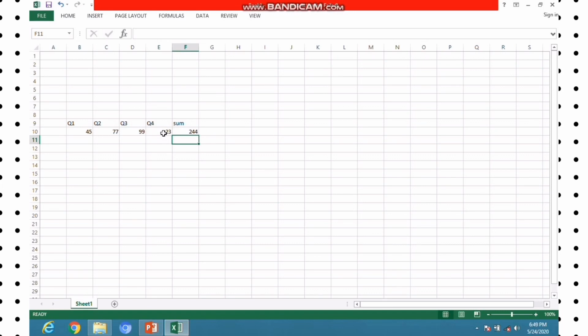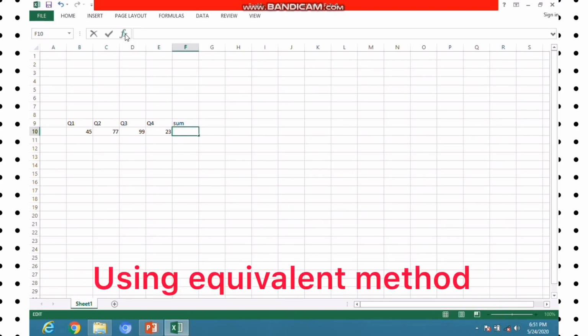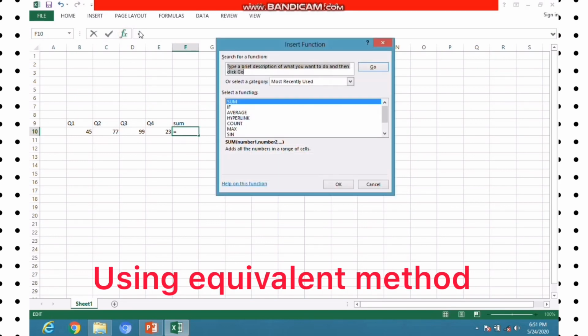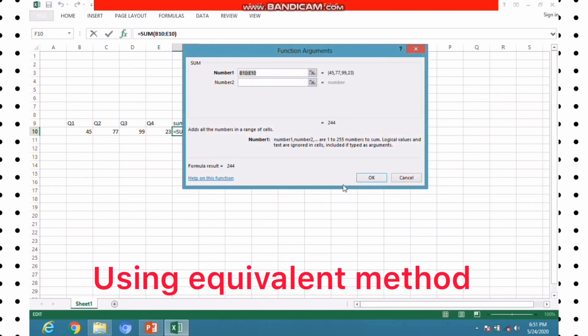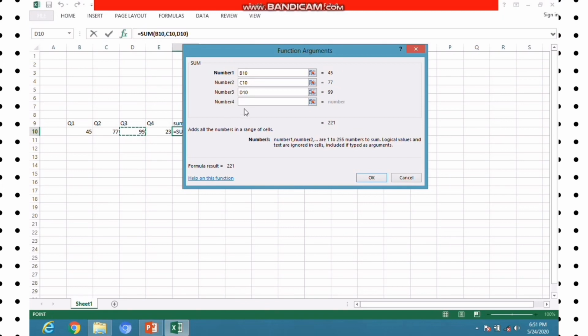In the next method we will use the equivalent function to find the result. For that, first of all we will select fx. We will see this dialog box in which we select the sum function. As you can see, it is asking for Number 1, meaning which number you want to add. Here you can directly go with your cursor and select the particular cell, and you will get the address of that cell.